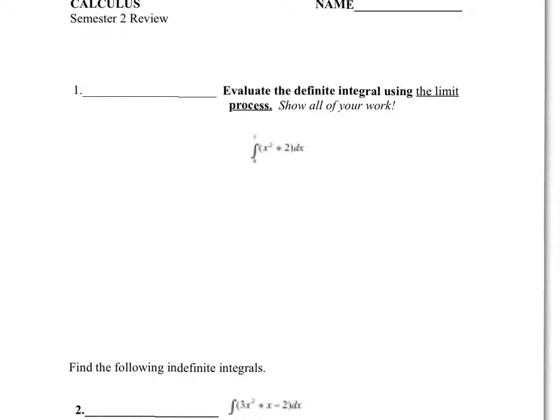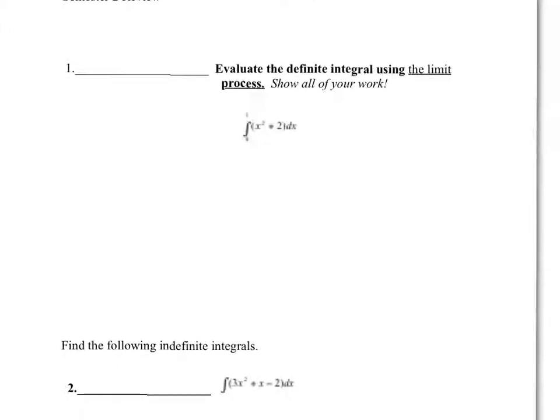Alright, here's the answer key for the semester 2 review. Now, I don't know why all the questions are blurred out. It probably has something to do with how the digital file transferred over, but nevertheless, to do the first one, you have to set it up as the limit